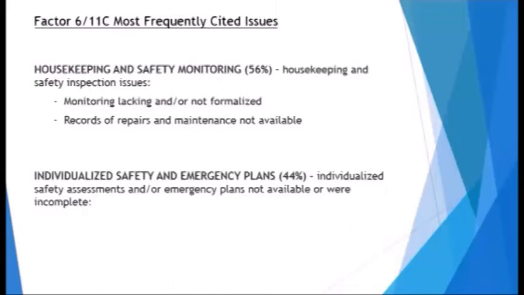An area to mention under the individualized safety, agencies were noted to be addressing issues and concerns and safety needs. They were forgetting to also address the community safety needs of individuals. So that's